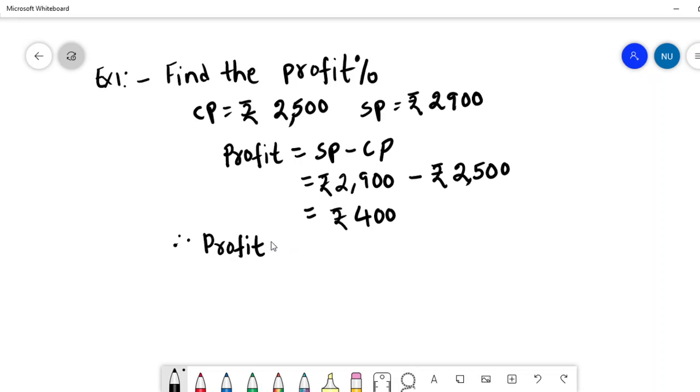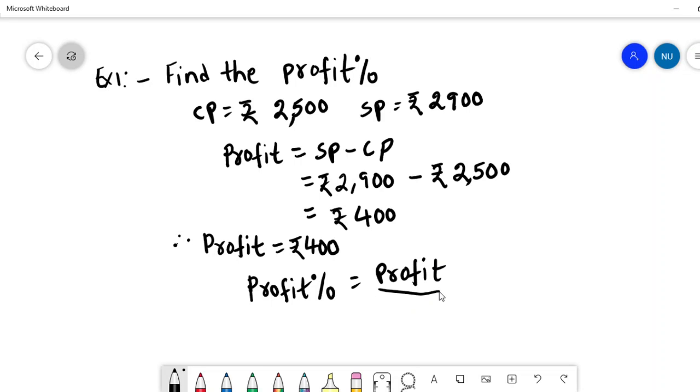In order to find the profit percent, first we need to find profit. Now we got the profit. Now let us write the formula for profit percent. Profit percent is equal to profit by CP into 100. Just now we learned. What is profit here? 400. What is CP? It is